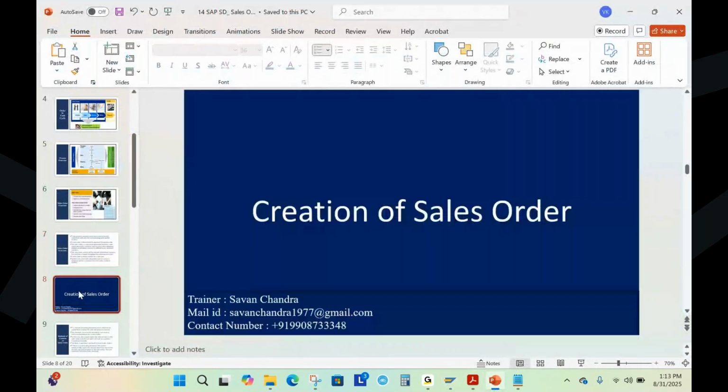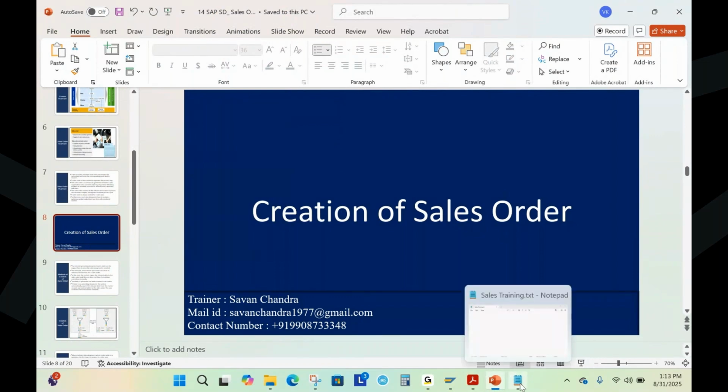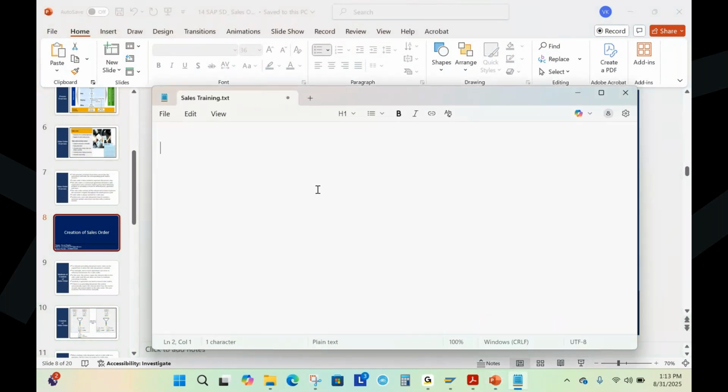Now we will see how to create the sales orders. What are the different methods? To create a sales order there are two methods. One is with a reference document, like quotation, from quotation. Another method is direct creation. I'll show you both. Now the T codes: for creation, the T code is VA01,